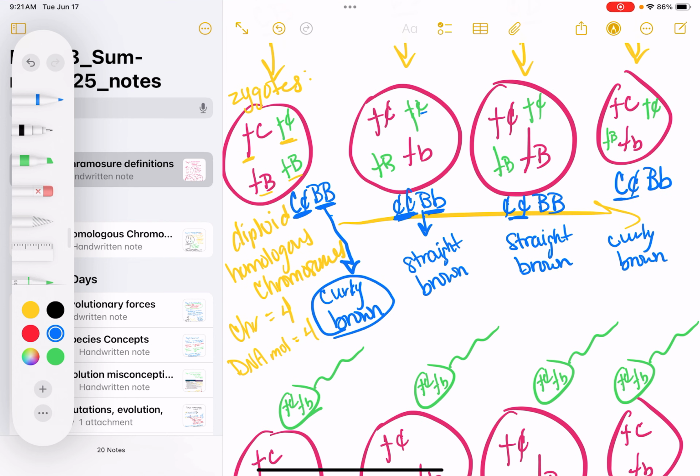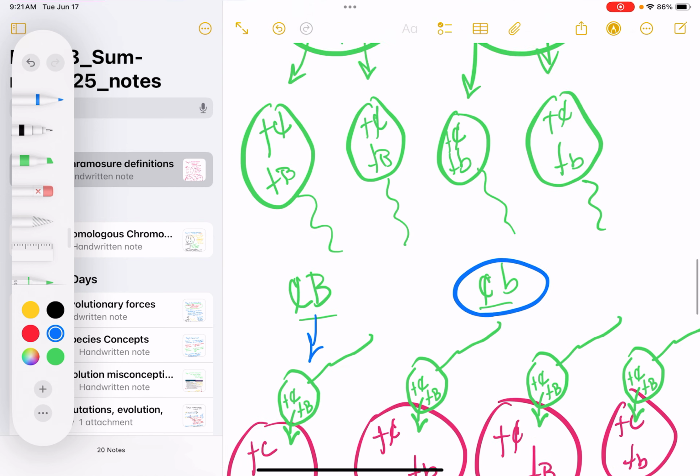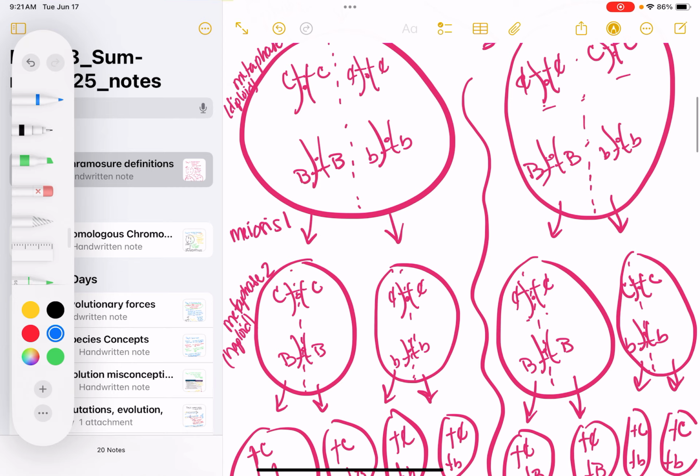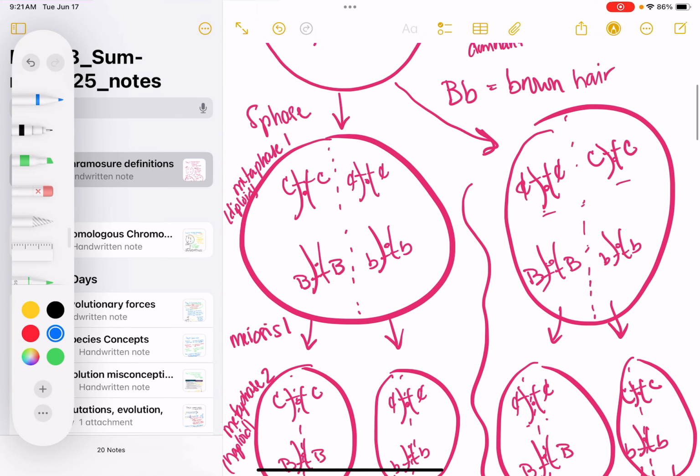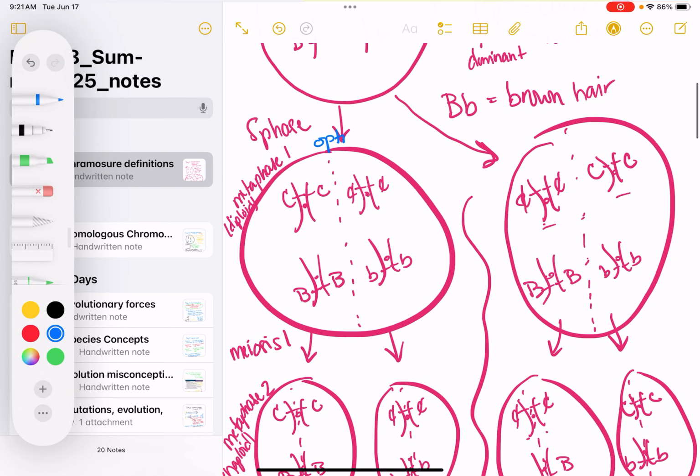So you should be able to tell me the different gametes that you can make, right? And you can do this through this process of like, okay, here's option 1 for how they could line up on the metaphase plate, or here's option 2 of how they could line up on the metaphase plate, or there's a little bit of a trick that you can use